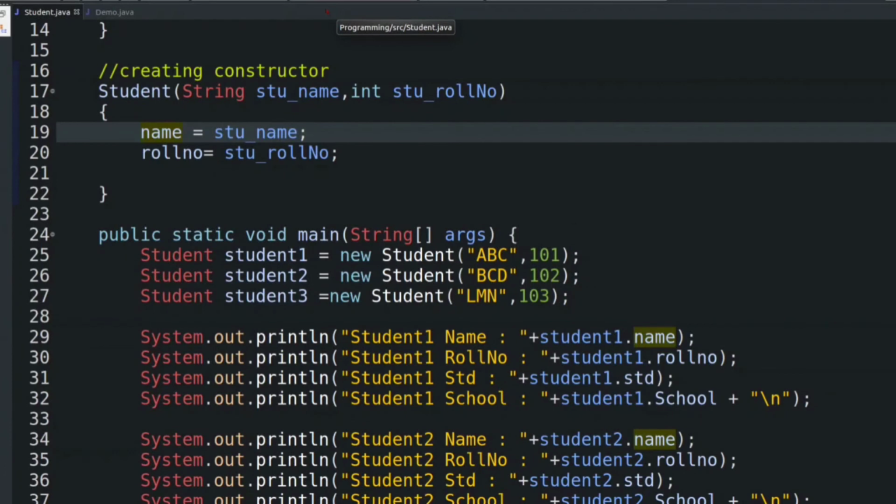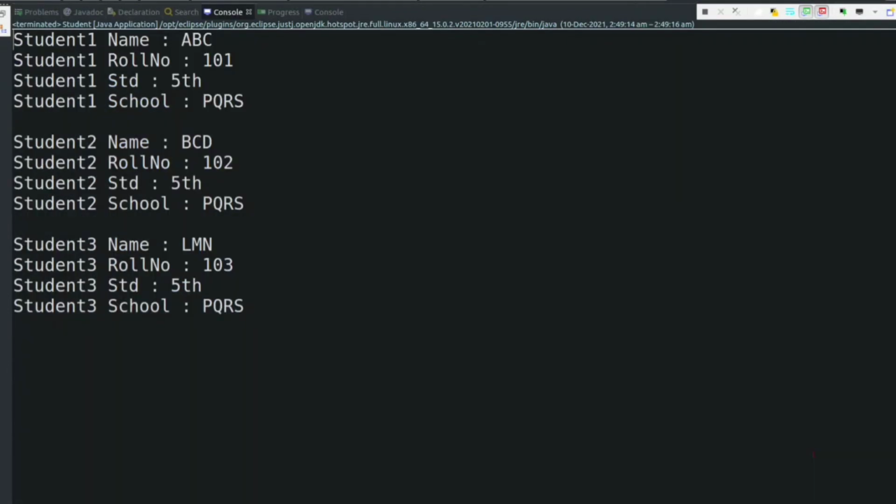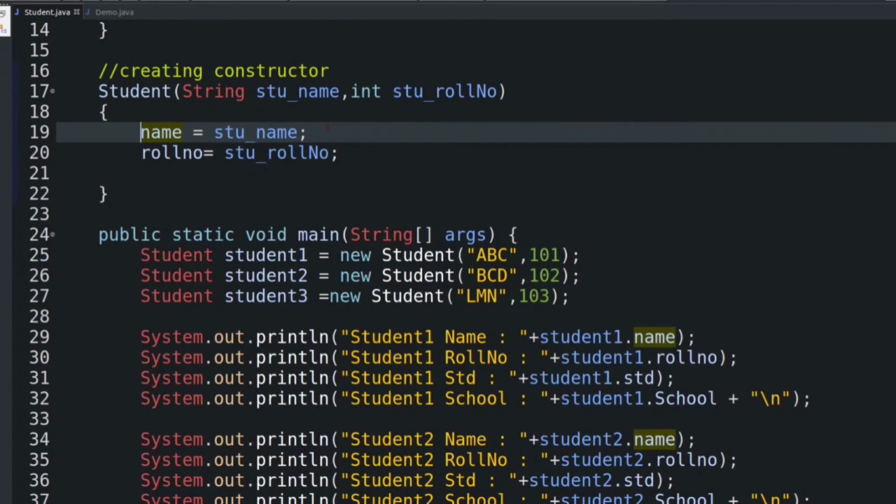Now let's run the code. Okay, now let's see what will happen. Now see here we got an expected output. So in this way we can write code which is common for all objects inside instance block, and hence we do not need to write same code inside every constructor.